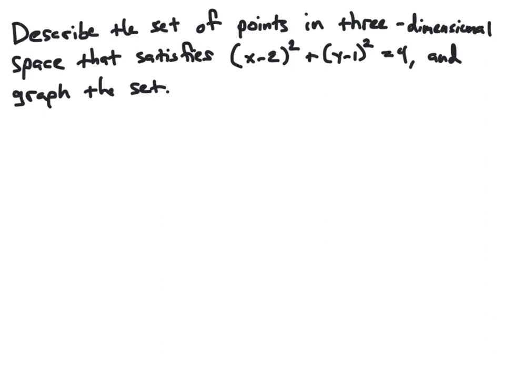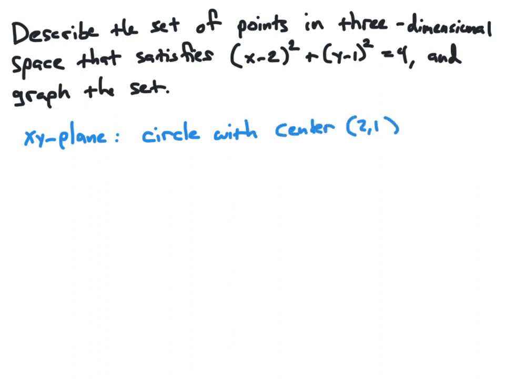In this example, we want to describe the set of points in three-dimensional space that satisfies the equation (x minus 2) squared plus (y minus 1) squared equals 4, and to graph the set of points. If we first view this equation in the xy plane, we see that the equation represents a circle in the xy plane with a center of (2, 1),